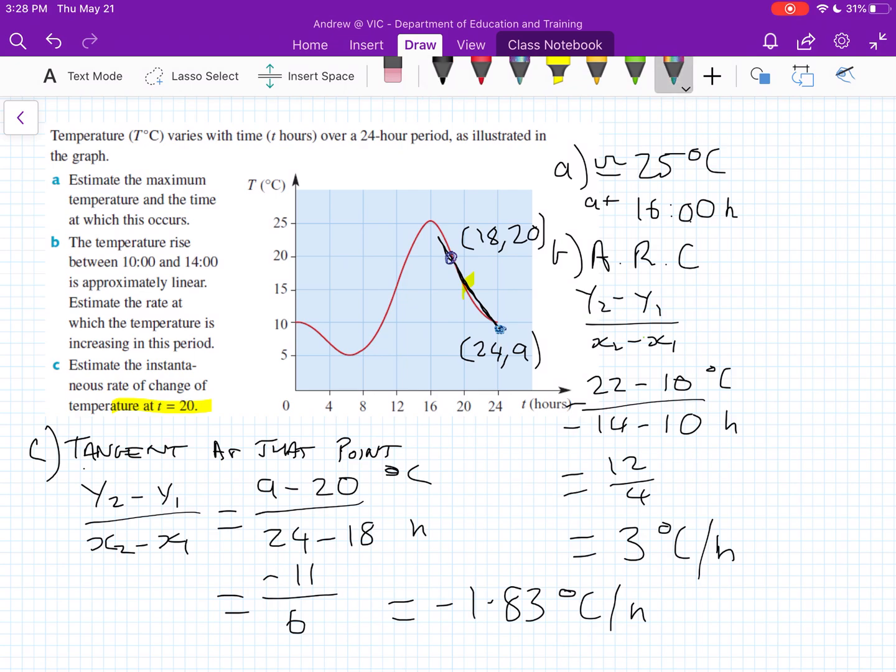And just remember, for instantaneous rate of change, you need to draw the tangent at that point on that graph and then work it out using your rate of change formula. Okay, pick 2 points on there and work it out. So you will get some variation to, say, answers in the back of the book, because it is an estimate. It is using the line that you ruled. There will be errors. Okay, we as humans are not perfect. You can do this perfectly on CAS and those types of programs. So make sure you do have a look at how you do it on CAS if you're given a function. Okay, so good luck with that, and hopefully this